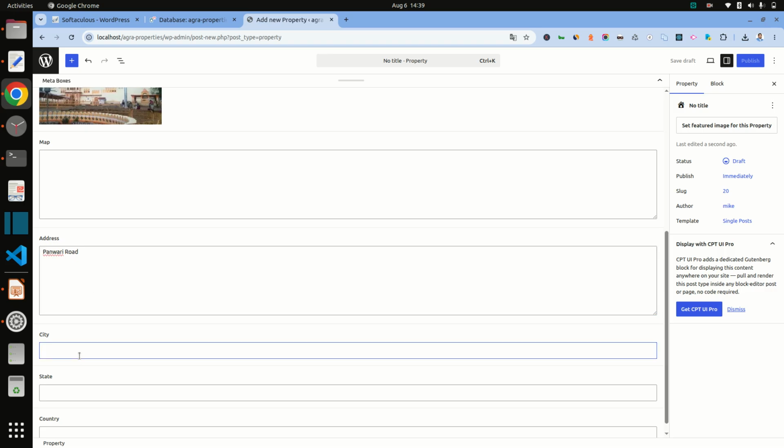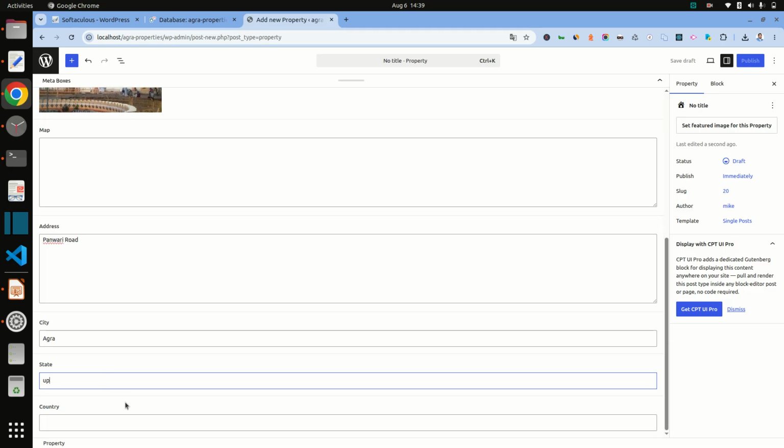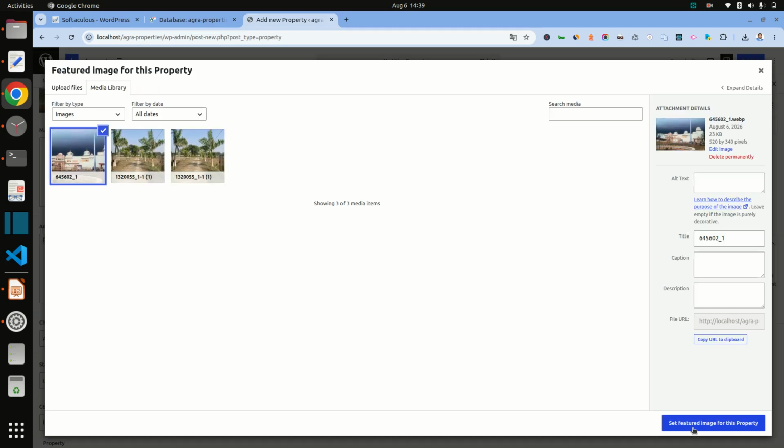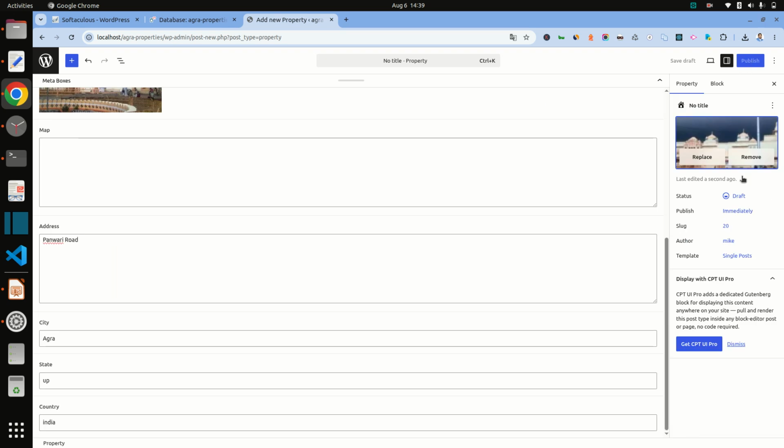And then city Agra, state UP, country India. Okay, and set properties.